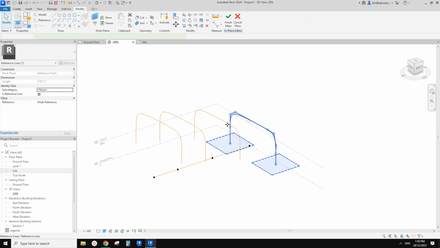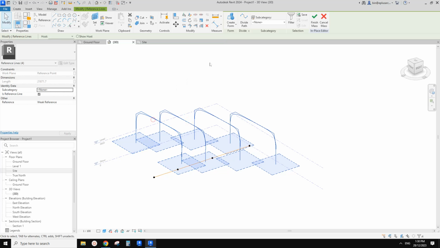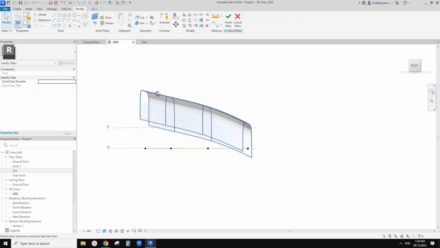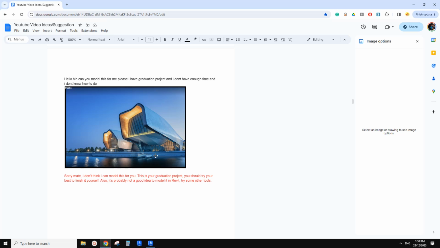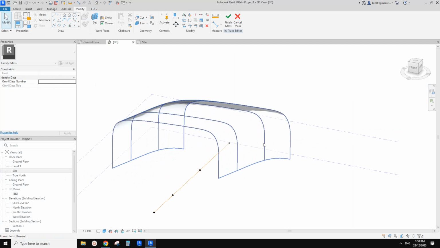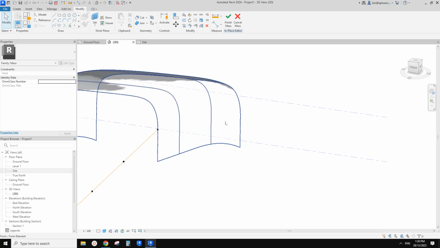Okay, now we can select one, two, three, four. We can create a form. This is the shape. You can see it's not exactly the same profile. You can see there's a little edge, a little corner there. So for example here, I want